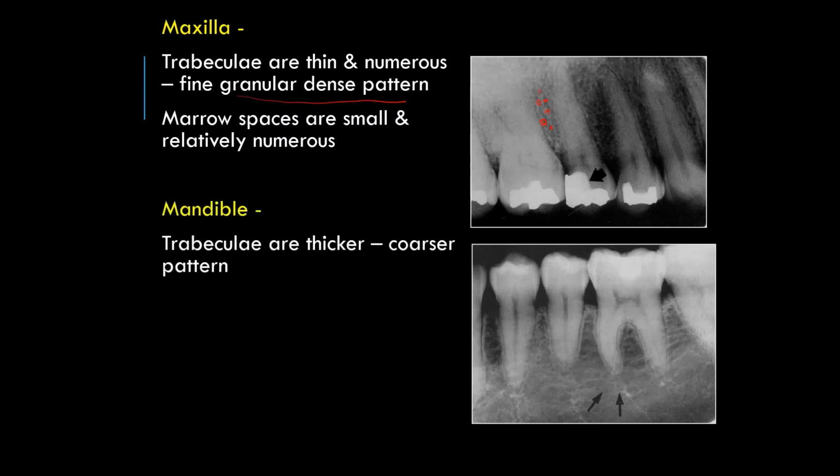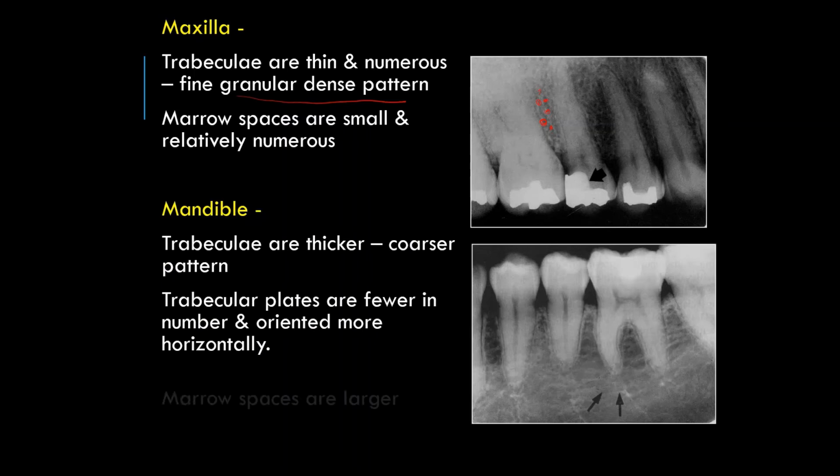Whereas in the mandible, trabeculae are thicker and they have a coarser pattern. Here the trabeculae are thicker, fewer in number and oriented more horizontally. You can see they are oriented more horizontally and the marrow spaces are larger. So, in the mandible there are fewer trabeculae and fewer trabecular spaces, but the marrow spaces are larger when compared